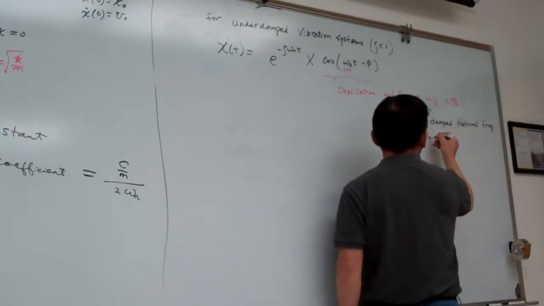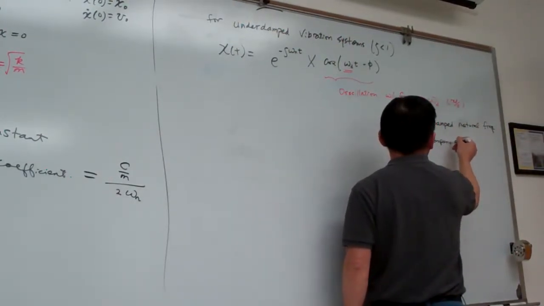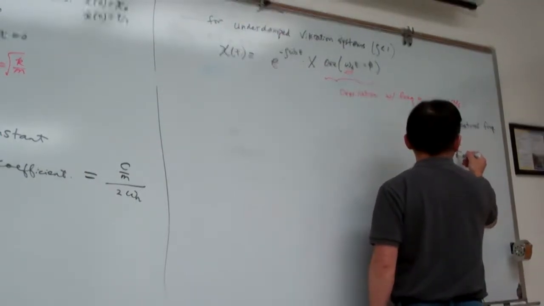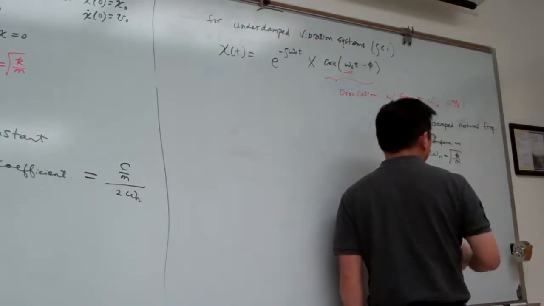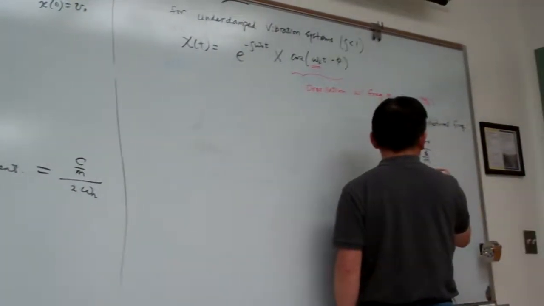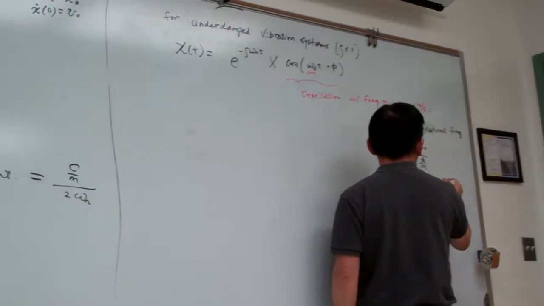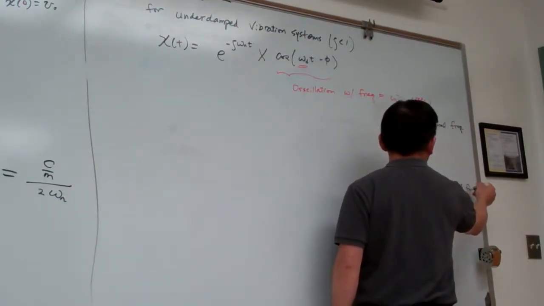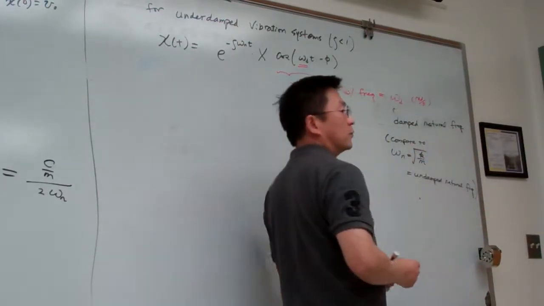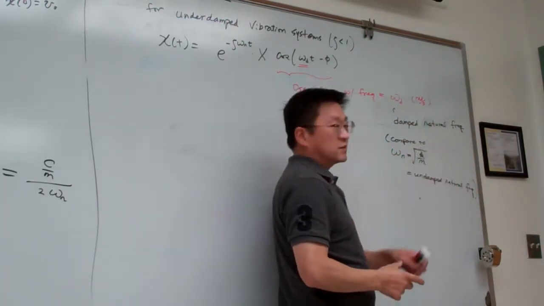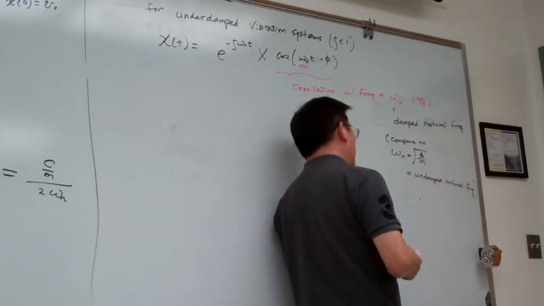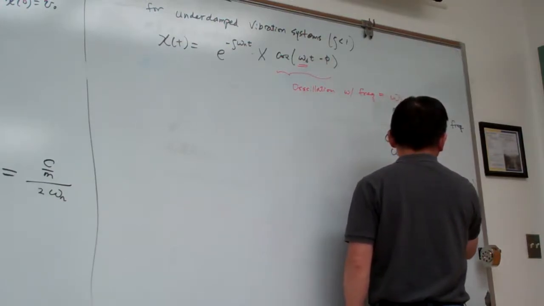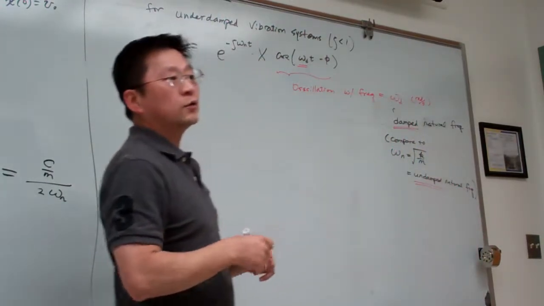And compared to omega n, that by definition is the square root of k over m, and for calculation, this one we call the undamped natural frequency. Before, we always said omega n is the natural frequency, but here we need to be more precise. This is called the damped, and this is called the undamped. So from this point onward,